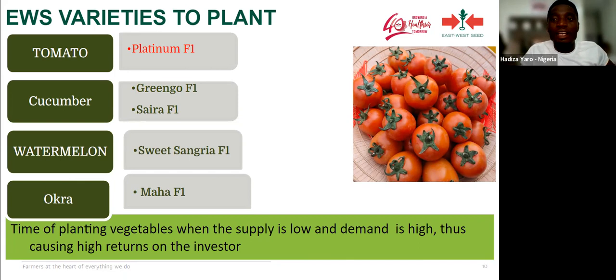For Swiss Anglia, the major challenge to grow watermelon is in the wet season, and it is very tricky to grow even in the dry season because of the virulent insects. But when you plant this variety and you take care of it, you can't go wrong. And the challenge maybe is the market, and the solution is to go and check the people that are growing it.